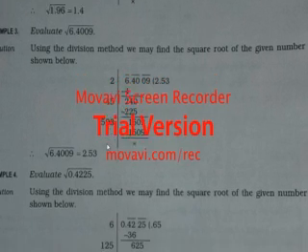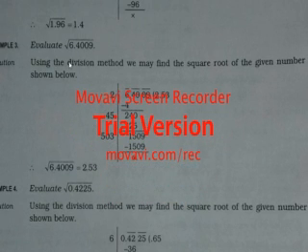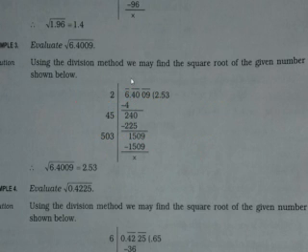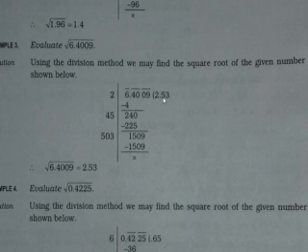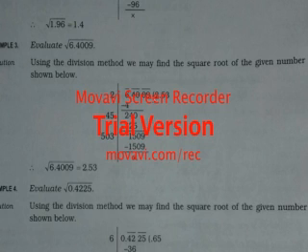If you will see example 3, here it has been said to evaluate root under 6.4009. As you can see, before the point one period, then after the point next period, that is tenths and hundredths, and another is thousandths and ten-thousandths, another period. So at first you have to divide 6, so 3 threes are 9, it will become bigger, so 2 twos are 4, and then here remains 2, and after the point the digits come, that 40, so the point will be here, and then if you will see when we will keep 5, you can understand by keeping 4 and 6 you can watch. 4 you will keep, then it will become smaller, and 6 you will keep, then it will become bigger. So you have to take just one digit less than the bigger one.